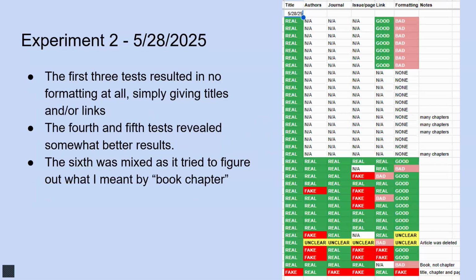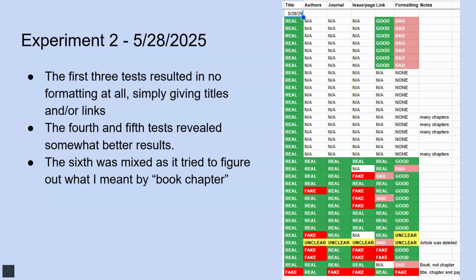The 4th and 5th tests produced a handful of real articles with some good links, some bad formatting. It also gave me 2 blog posts, one of which was deleted and one of which they grabbed the photographer's name instead of the author's name for the blog post, which I wouldn't have caught if I hadn't gone and checked every single thing.